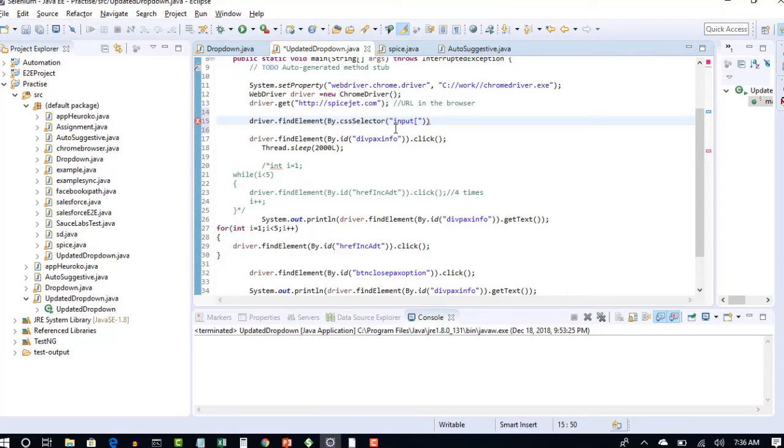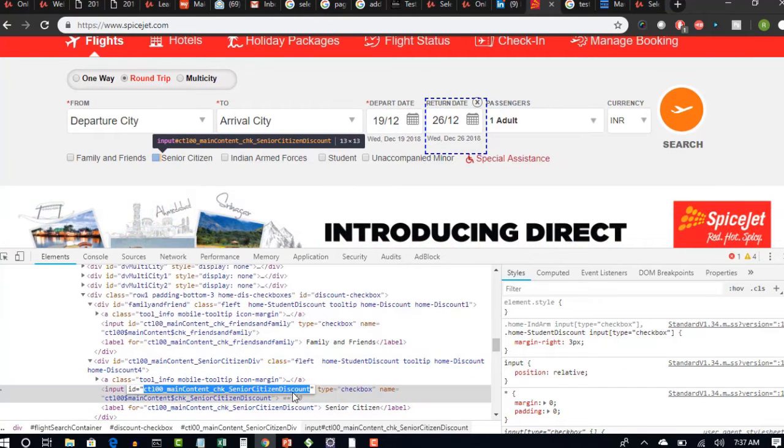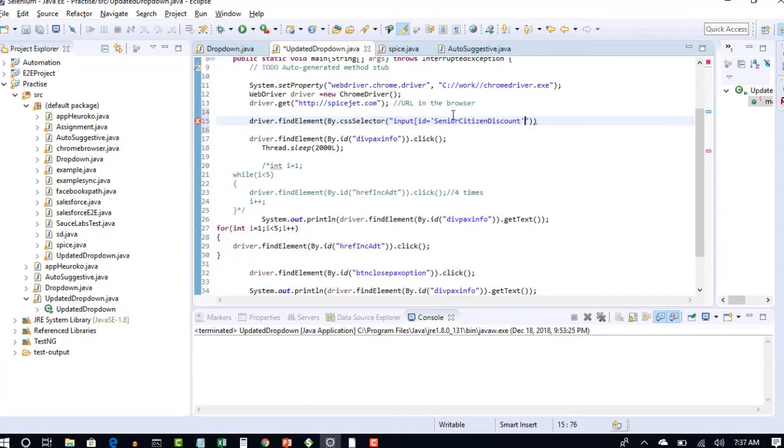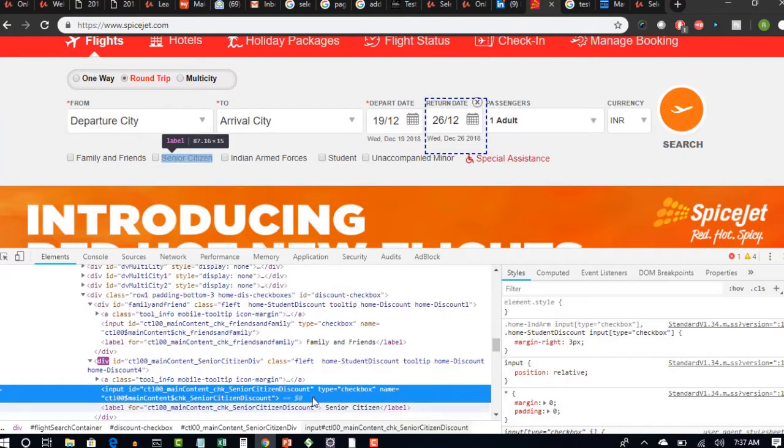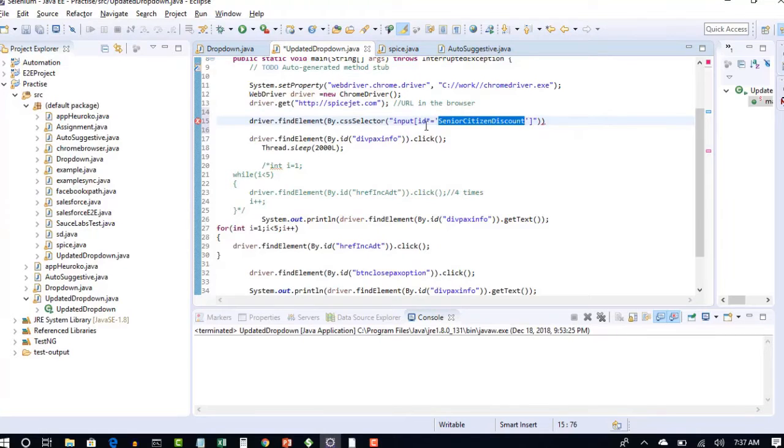For XPath you use @attribute, but for CSS you can directly use the attribute. The attribute here is ID equals value. For the value, I am going to take only the senior citizen discount, which is not complete, but I will put a star so that it identifies any ID matching this senior citizen discount. And obviously I think this is the only one we have. Okay, this is how you can use a regular expression and keep your attributes very simple with a clear description.